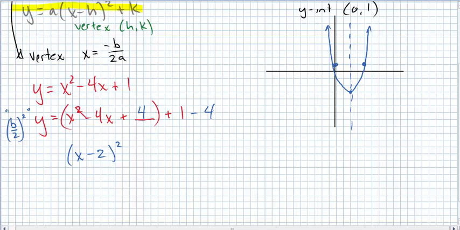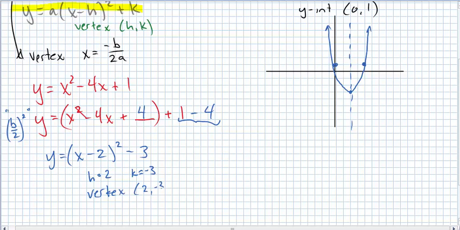Now I'm adding 4 and subtracting 4 at the same time, so I'm really doing nothing. All I'm doing is making it look a little different. And now we have y equals (x minus 2) quantity squared, and then this part becomes minus 3. So our h here is 2, our k is negative 3, giving us our vertex